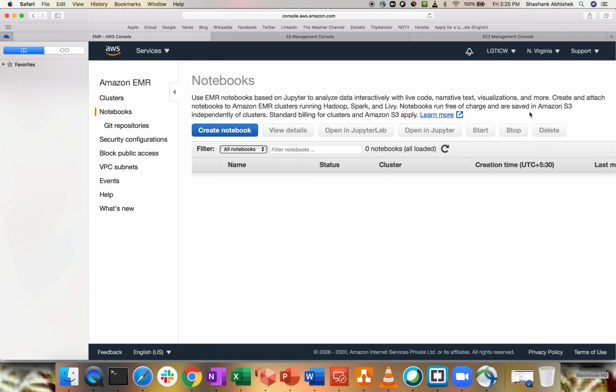Notebooks run free of charge and are saved in Amazon S3 independently of the cluster. Standard billing for the cluster and Amazon S3 applies. So services are free, but for the resources that you use, you have to pay. That's basically how Amazon pricing works, right?